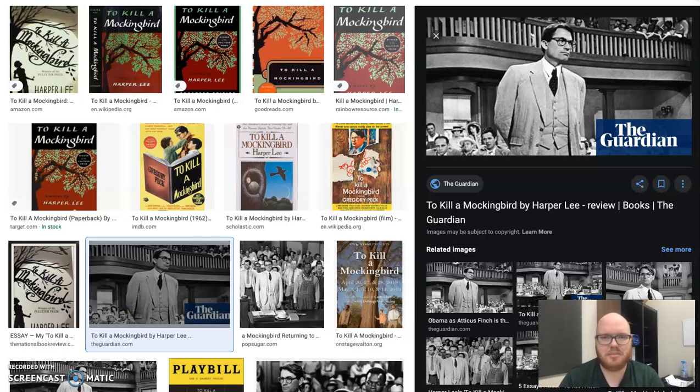This book is just as much about childhood and friends and being a good person as it is about race and that everyone is equal, right? That everyone matters. So yeah, I hope you really enjoy this book. It's one of my personal favorites, and we're going to really enjoy just digging into this and seeing what we can find.